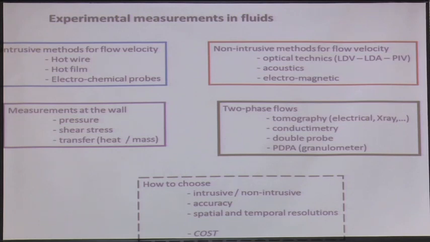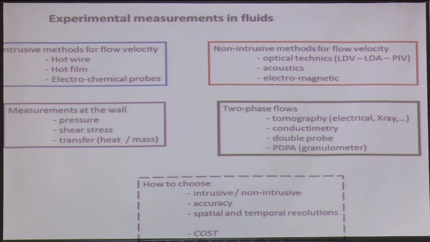So there are many techniques dedicated to each physical quantity that you want to measure, and you have also many techniques for the same quantity. So for example, for measuring the velocity of a flow, there are many techniques, and again we have advantages and disadvantages. So I'm going to present a few of them, and I did here a classification. You may find some other classifications.